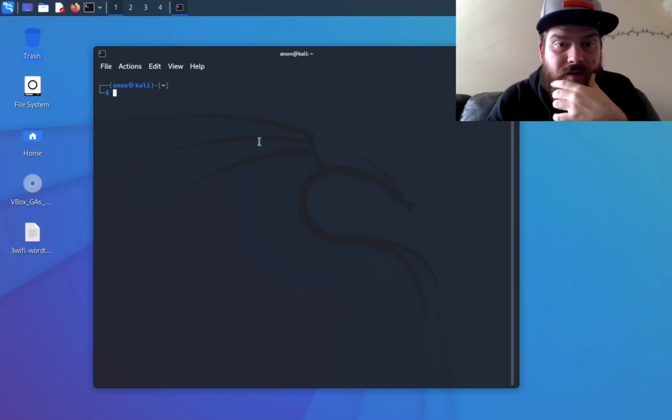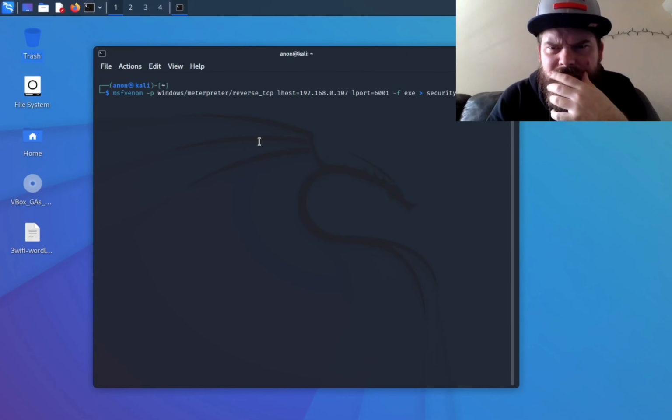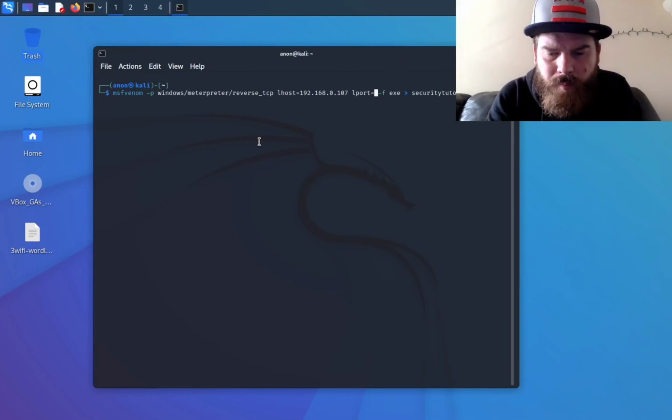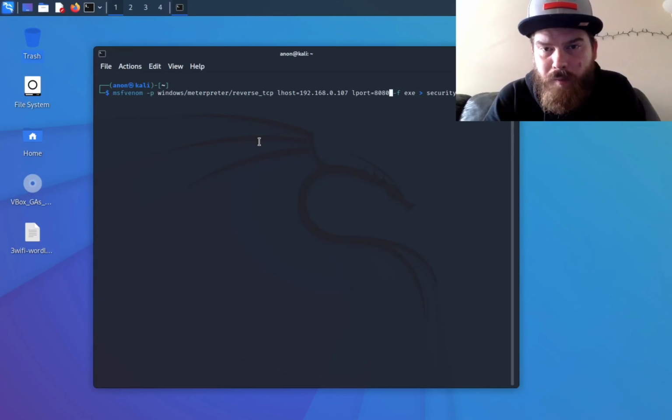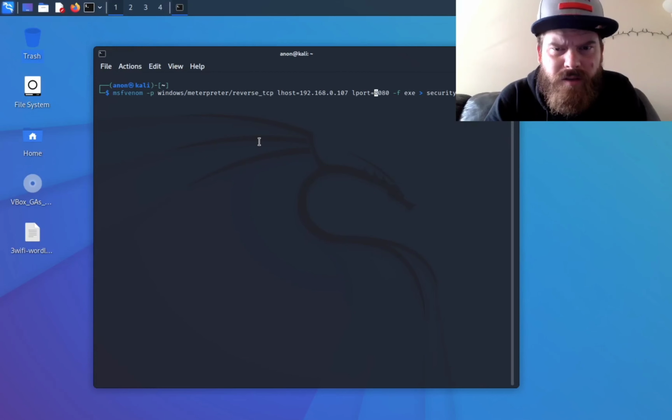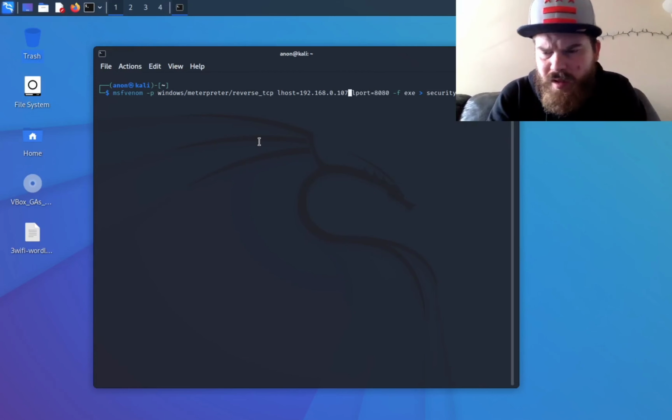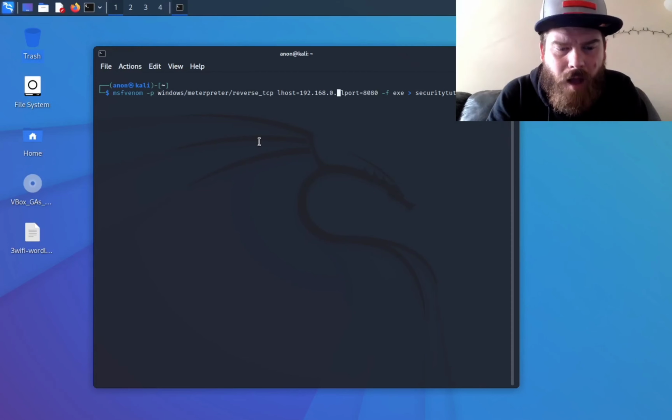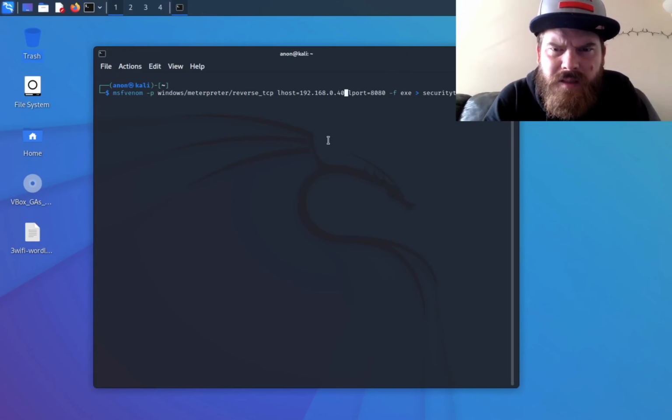And I have to change some of the information in this. Obviously, I'm going to use port. You can use really any port, but I would recommend using 8080, 443, or 8081. Sometimes certain ports get flagged and can get blocked. So anyways, that's my IP address,